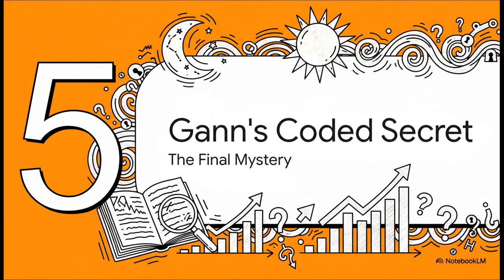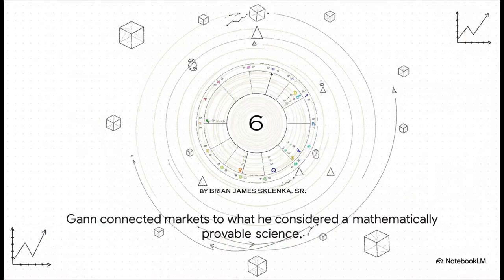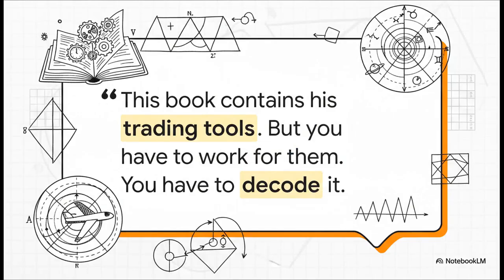According to our source, Gann hid the rest of his system in the last place anyone would ever think to look: inside a novel. You have to remember, Gann's whole worldview was built on this law of vibration. The idea that everything, and he meant everything, including the stock market, follows a predictable mathematical pattern. For him, it wasn't about guessing or feeling. It was about pure calculation. So where did he lay out these master calculations? The source material points to one specific place: his unusual 1927 novel, The Tunnel Through the Air.